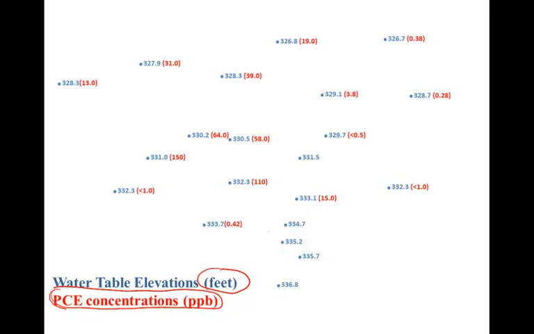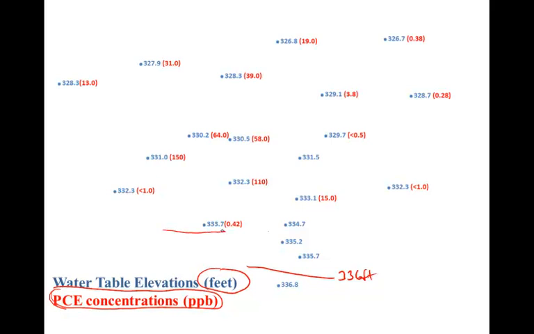We see that there's a relatively narrow range of water table elevations here, a high of 336.8 feet, a low of 326.7 feet. I'm going to draw my water table contours at a contour interval of 2 feet, given I have such a narrow range of values. First contour would be the 336-foot contour. As you draw your contours, it's always a good idea to label those contours. At a 2-foot interval, the next one is going to be 334 feet.